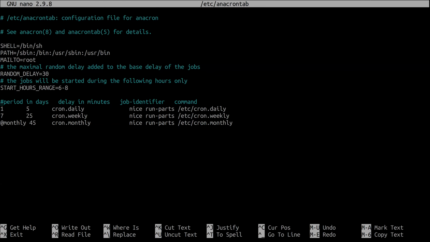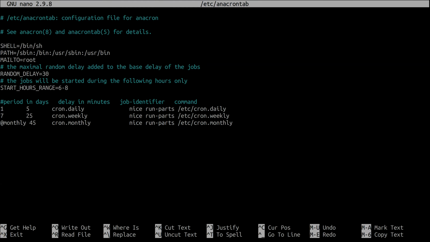You can use an integer, and in some distributions you can use a macro as well. In Ubuntu you can use 1 for 1 day, 7 for weekly, and @monthly for monthly. But in Red Hat you can use @daily, @weekly, and @monthly. Somehow the version that I have installed on Ubuntu does not support the @daily or @weekly macro here. We can test it out.